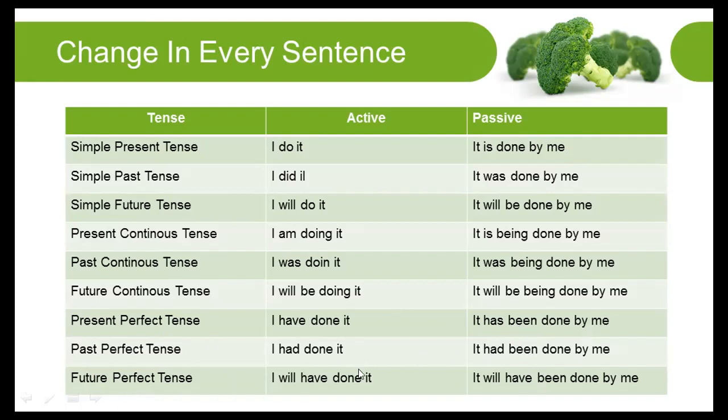In future perfect tense, we enter both be and been. That is how we change every sentence to the different tenses. Every tense has a formula and a pattern to change to passive sentence. Okay,